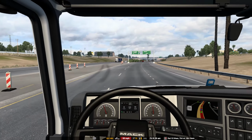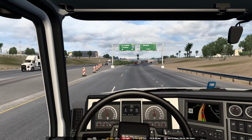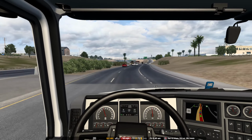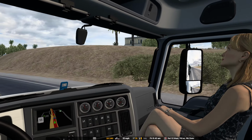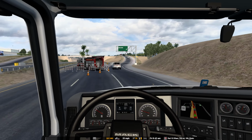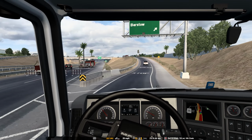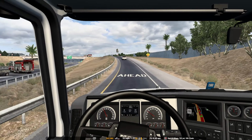All right, so set the cruise for 58. 60 is too much. The reason why... uh-oh. Remember I said about detours? I mean, technically, I could probably snake my way around that, but...